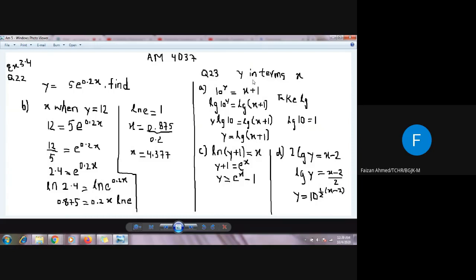हमें कोई proper exact answer नहीं चाहिए, हमें सिर्फ एक expression, ऐसी equation चाहिए जो y और x को relate करेगी. So I hope ये तीनों पार्ट्स आपको clear हो गए होंगे, थोड़ा सा समझ में आ गया होगा concept किस तरह का है. इसमें और भी पार्ट्स हैं question में, तो I hope आप उन questions को try करोगे, और अगर फिर कोई confusion है तो do let me know. I will try to help you guys.